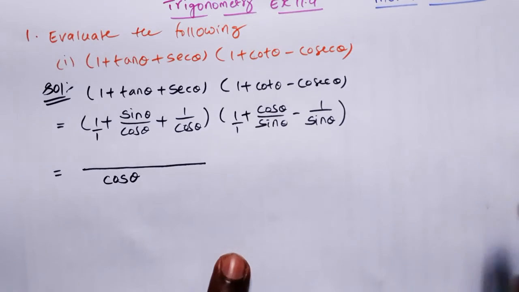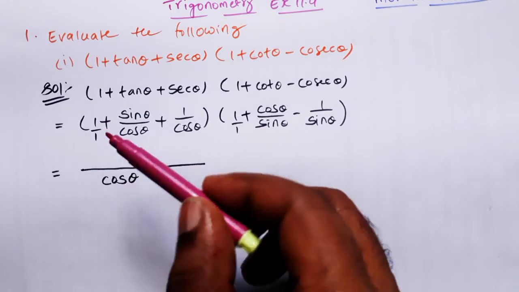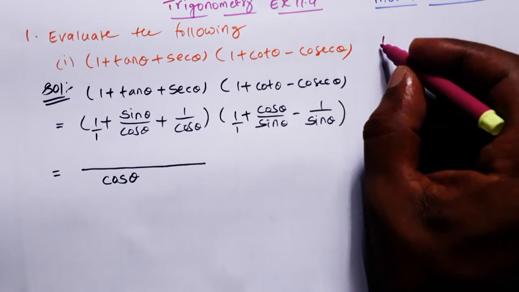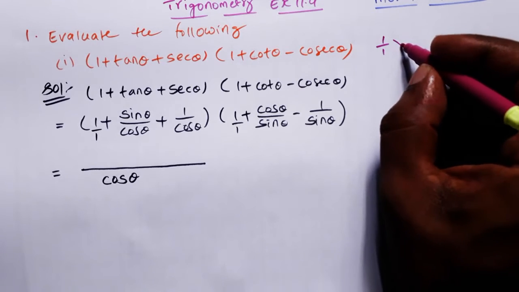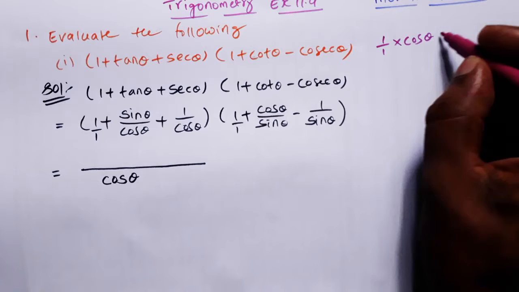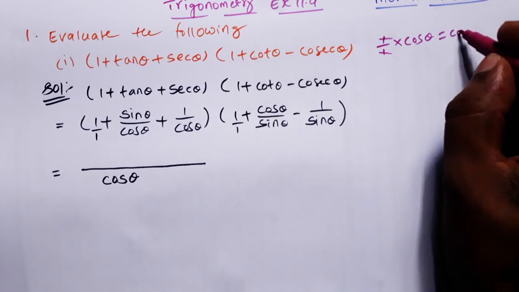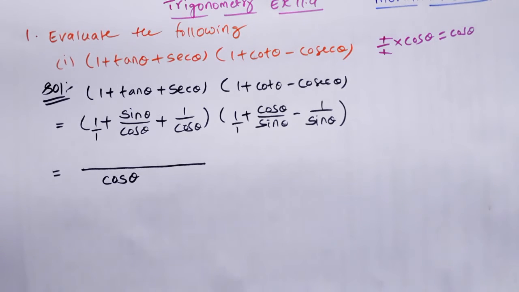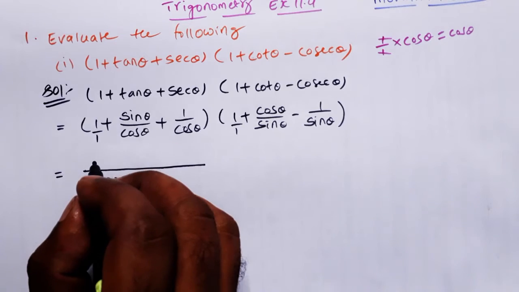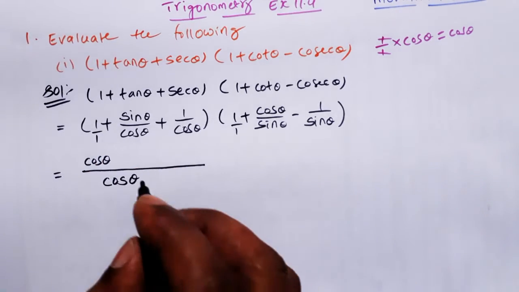So beside this I will write that how to get that numerators. So first fraction is what? 1 by 1. Take here 1 by 1, and that 1 by 1 you multiply with LCM. 1 cancel, remaining what is the answer? Cos theta. So that cos theta you write it here. That's it. Next what we have? Plus sign. Write plus sign here.